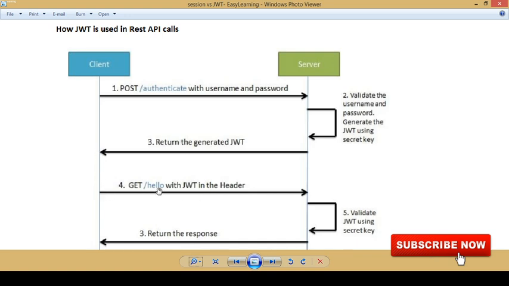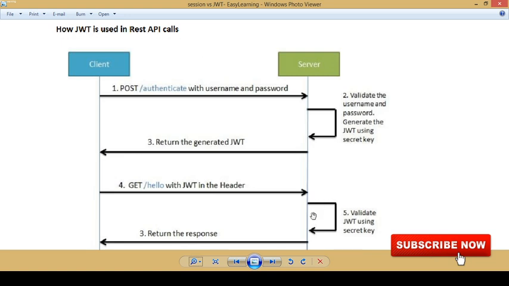Now whenever the client makes a new request, it has to pass this JWT in its header. The server will come and validate this JWT token based on some algorithms and the digital signature verification. All this will happen based on the headers, based on the authorization in the header, and whether the same JWT has been passed or not. If anything is tampered with or any kind of malformed JWT, it will verify everything. And once this JWT has been verified successfully, only then will it send the response back to the client. So this is how the JWT is used in REST API calls in today's world.